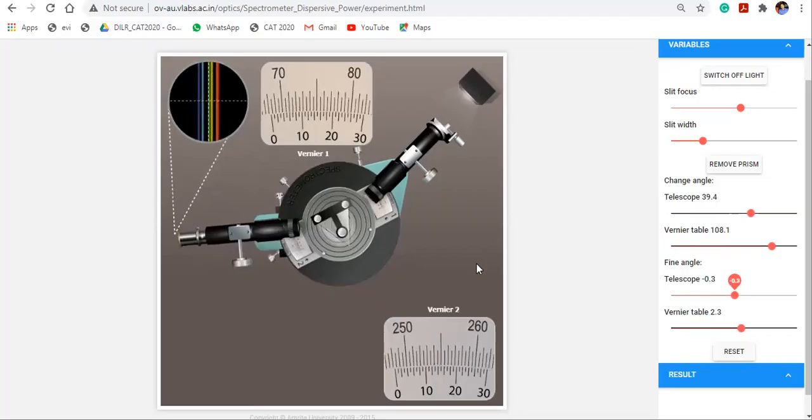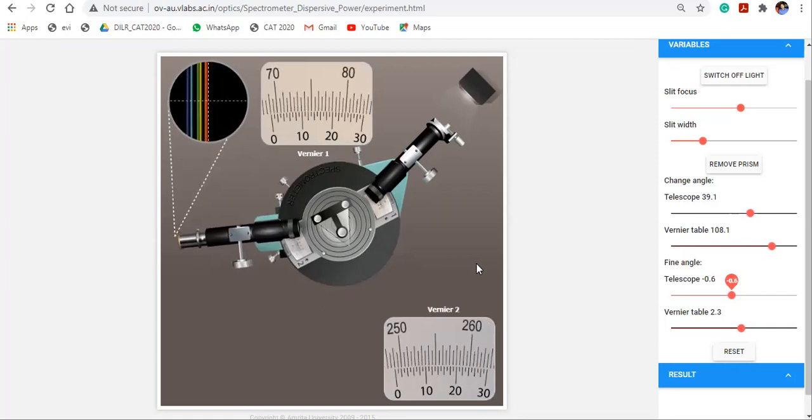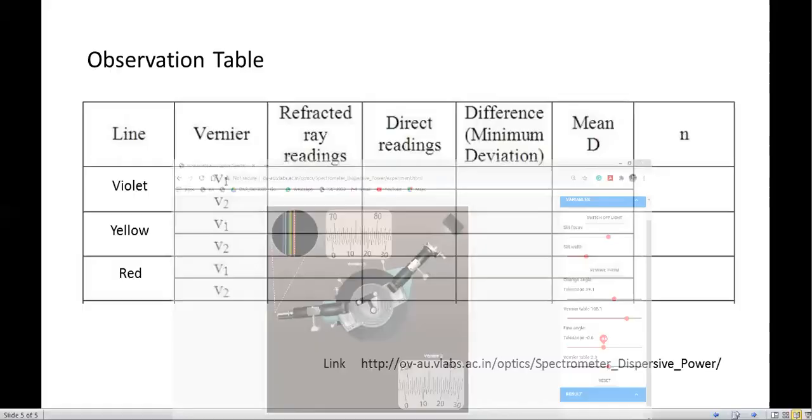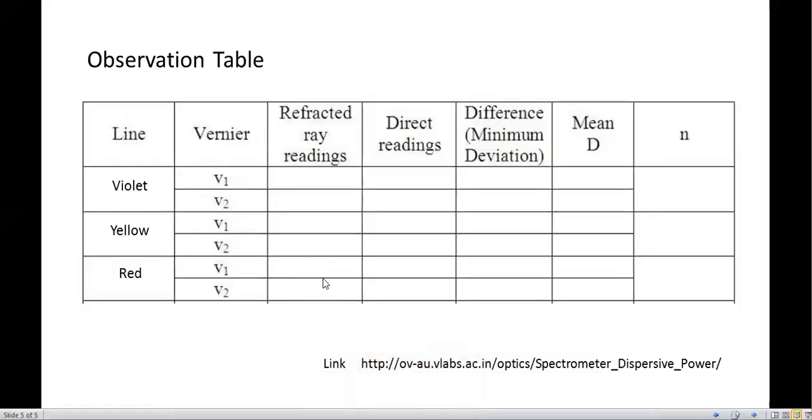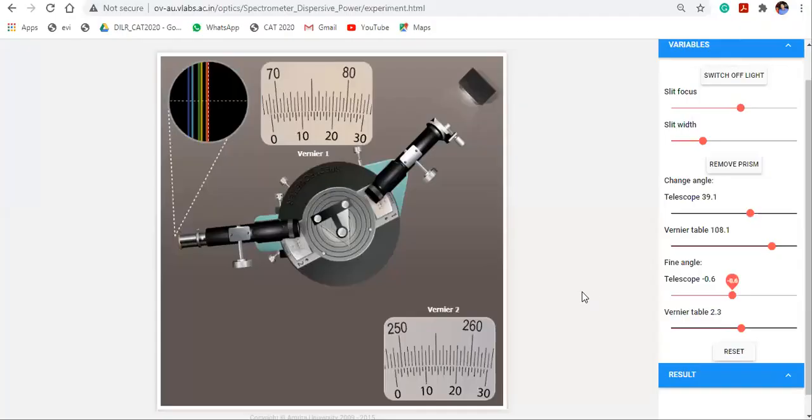And then place it on red color, and similarly note V1 and V2, write it in this column. This is the refracted reading. Sorry, this is the deviated reading.